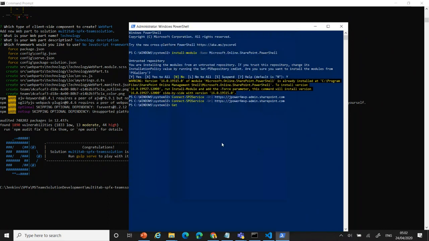Just checking whether my SPO tenant CDN is already enabled or not. Get-SPOTenantCdnEnabled -CdnType Public. Okay, just verify it. If it's false, then you need to run Set-SPOTenantCdnEnabled with the same -CdnType. You get and then set. That's it. You need to modify and set it. That's what you need to do.